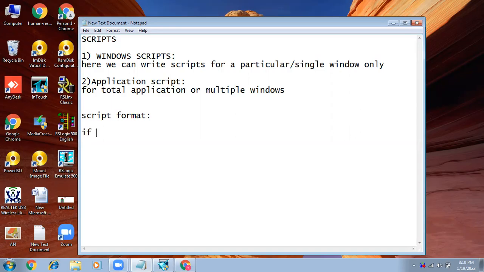If, you can write the condition here, then